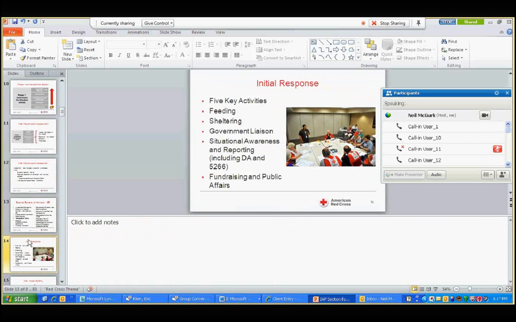So then we move down onto the initial response, again talking about the 5 key activities. And again, we've got a lot of new folks within the state, so this is another time and opportunity to, again, express that people are going to have to make decisions in an absence of information, of real hard data. Now we need to be going and gathering that information through our situational awareness, but you're going to have to make decisions without that information. But again, focus on those 5 key activities.